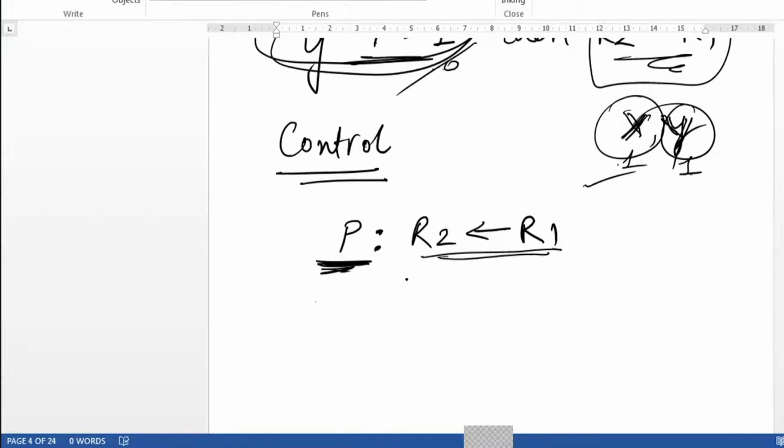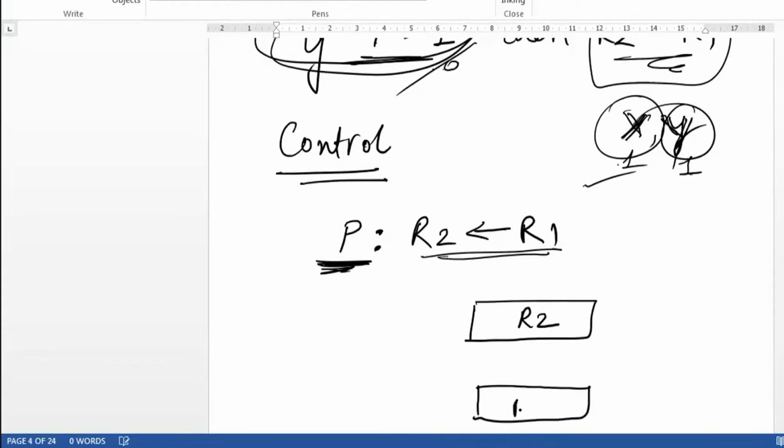So if I want to represent this control function through notation, hardware notation, तो कैसे करेंगे? First of all, we know that this is my register R1. I want my R1 to get loaded to R2. I do not know कि R1 कितने bits का है, R2 कितने bits का है. When you do not know how many bits are going to get transferred from R1 to R2, you simply place a N over here. Data bits. कितने bits transfer हो रहे हैं? N bits. I don't know what is N over here.